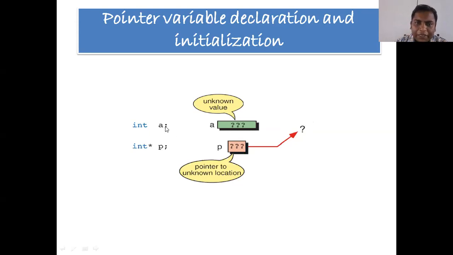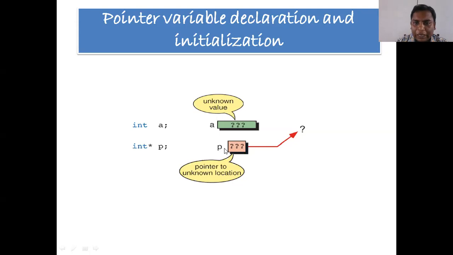Then if we say a equals 20, which means I am assigning some value to the variable a, then this a value will become 20, and the address, let us assume, is 24300. Fine. Then here we are declaring a pointer variable which is of integer type, which means this pointer can hold the address of an integer variable.